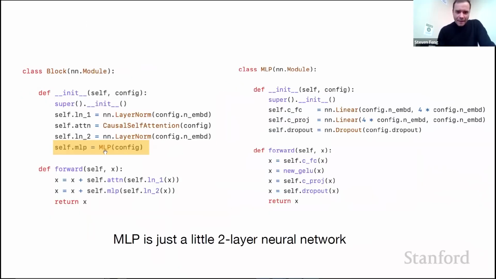Then the MLP here is fairly straightforward. The MLP is just individual processing on each node, just transforming the feature representation at that node. So applying a 2-layer neural net with a GELU nonlinearity, which, just think of it as a ReLU or something like that. It's just a nonlinearity. And then MLP is straightforward. I don't think there's anything too crazy there.